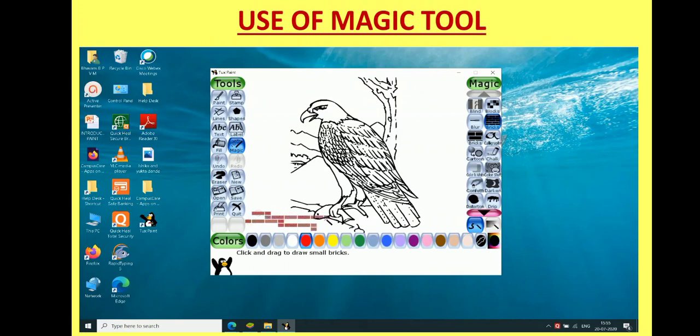You can even choose these bricks. Keep the left mouse button pressed. Come to your canvas and very easily you can make the bricks.